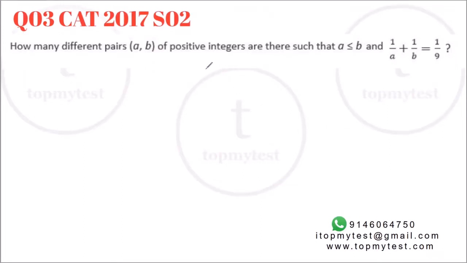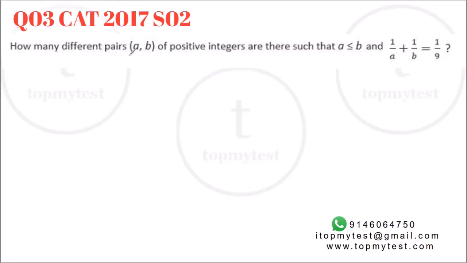The next two questions are something which troubles students quite a bit. These are like integer pairs of a fraction like this and how to go about solving this. Again, these are pure Diophantine equations, right? I gave you a link to the Wikipedia page on the theory of these Diophantine equations in the previous video. I'll link it to this video as well. You can check that out.